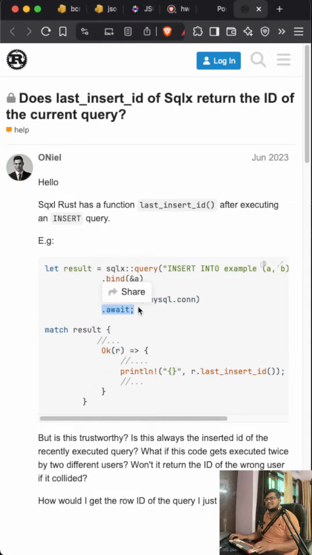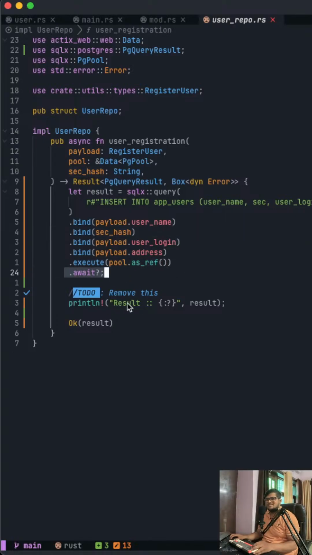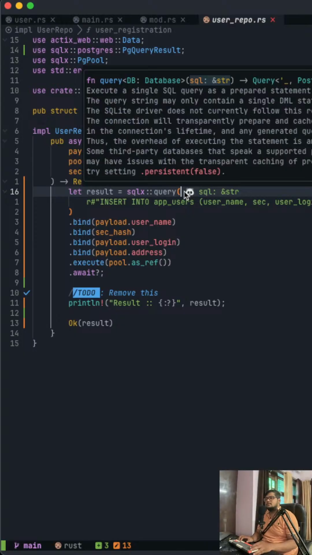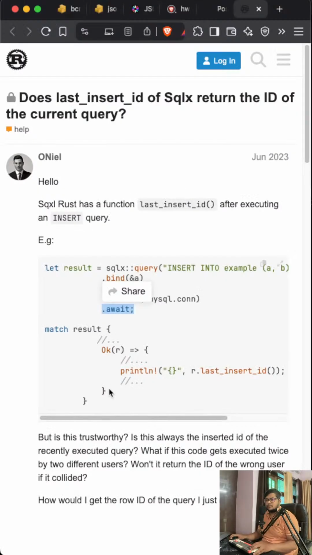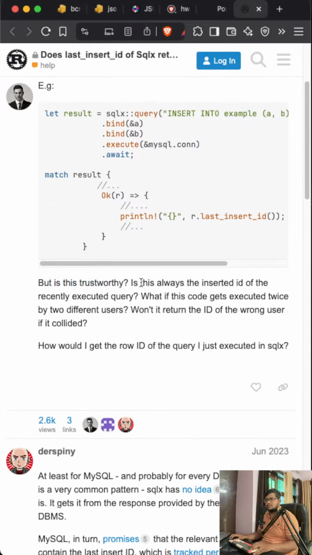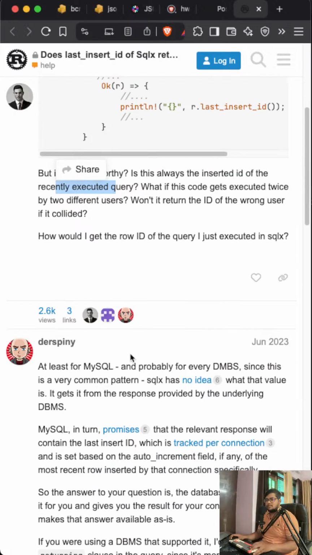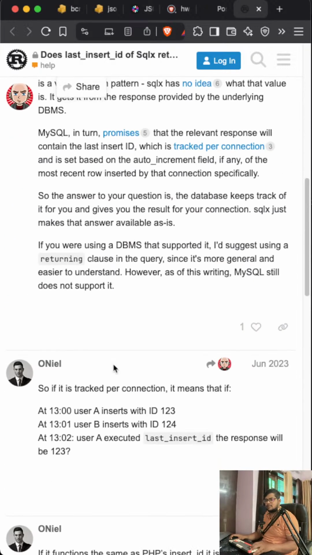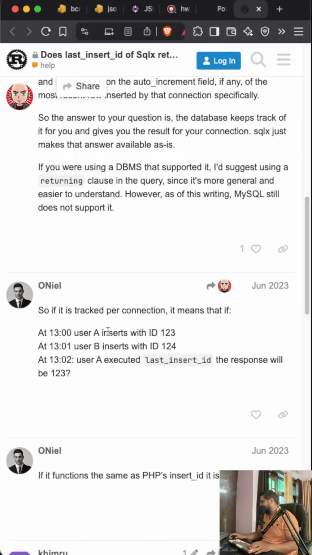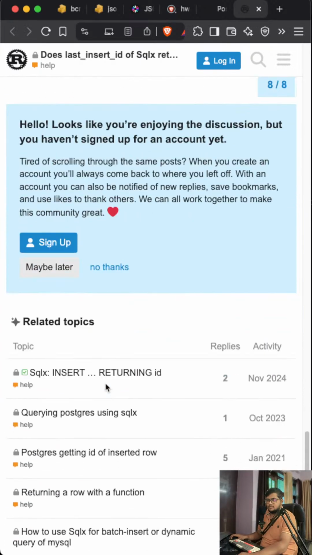I'm binding this the same way I'm doing over here on the match. Execute, await. Now, what does query return? If I go, I can see it returns a query. But is this trustworthy? Is this always the insert ID of the recently executed query? At least for MySQL, yes, MySQL has it, because I have worked on MySQL using Actix-Web and sqlx. I get it under this field, but I'm not sure if